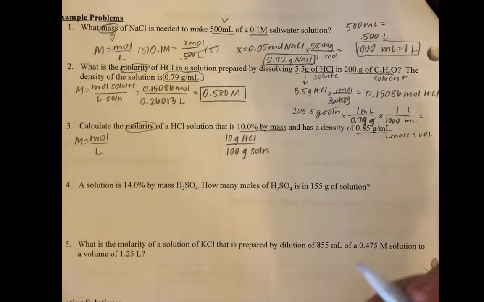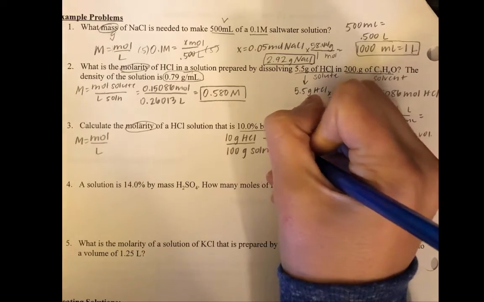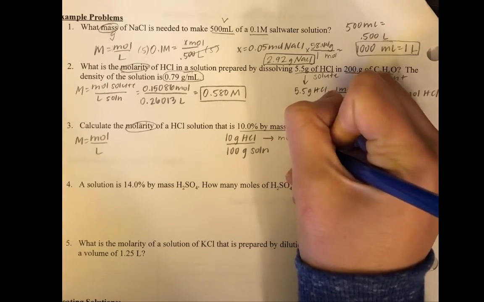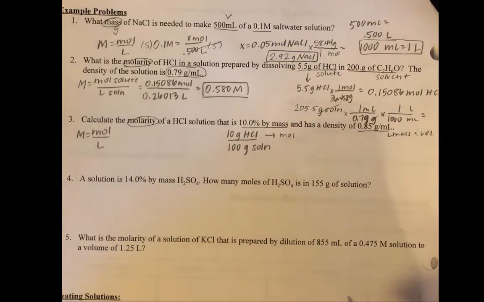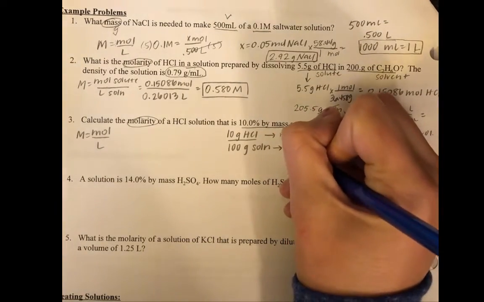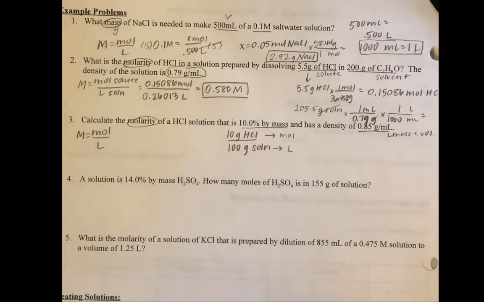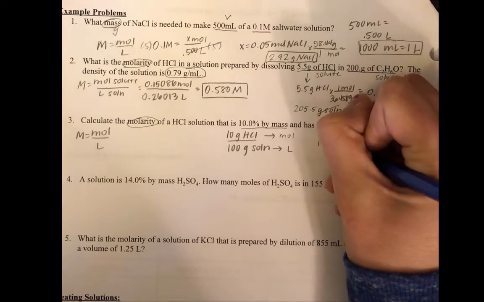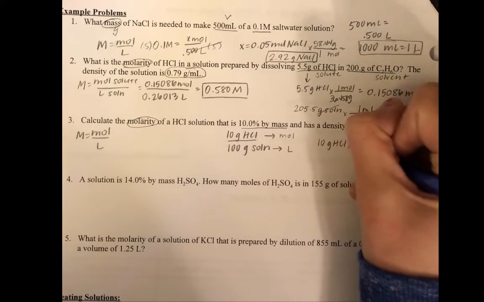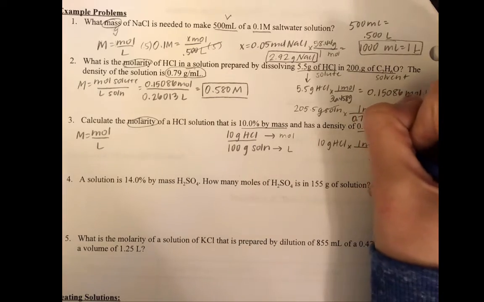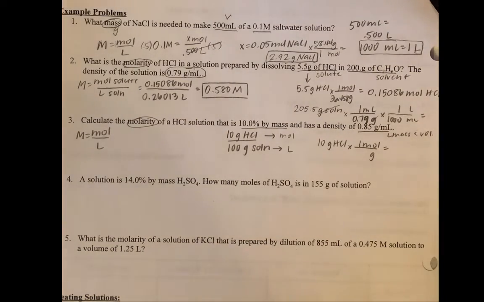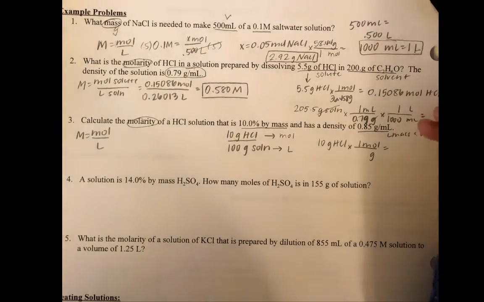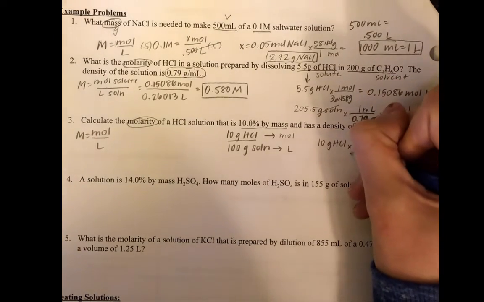So if I want molarity, I'm going to have to take my top number and get it to moles, because molarity is moles over liters. I'm going to have to take my bottom number and go to liters. So we can start by taking this top number, our 10 grams of HCl, and going to moles. I can go between grams and moles using the molar mass, and we've calculated the molar mass before. We just did it up in the problem before,